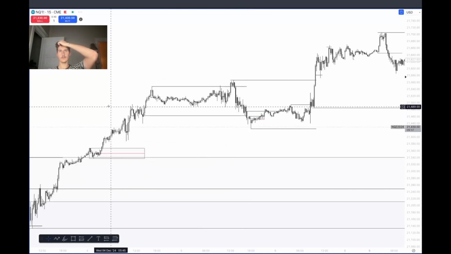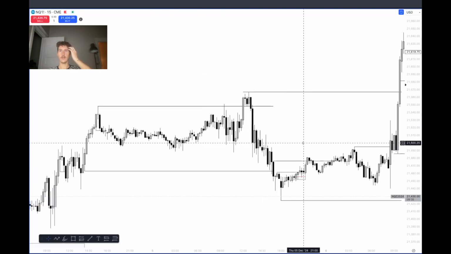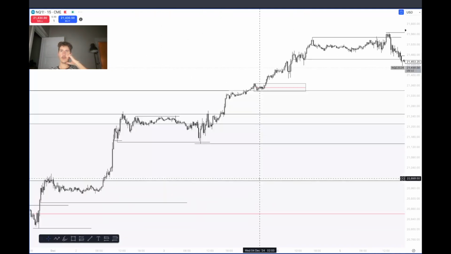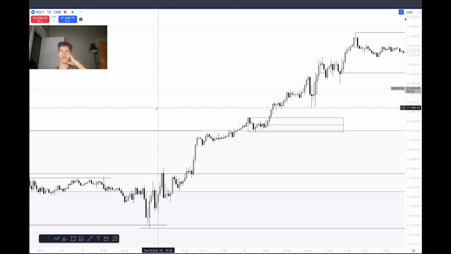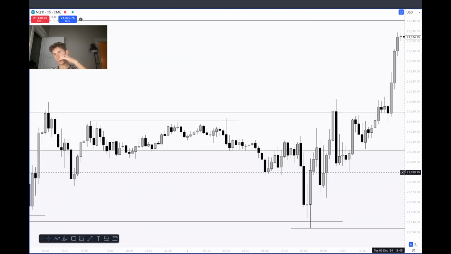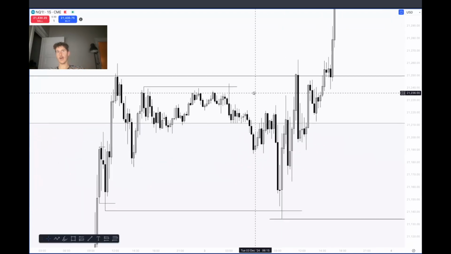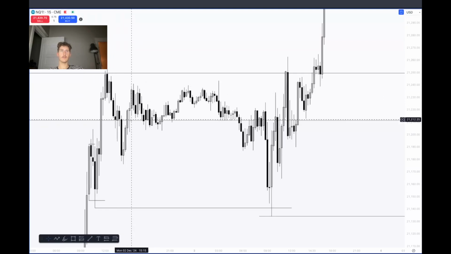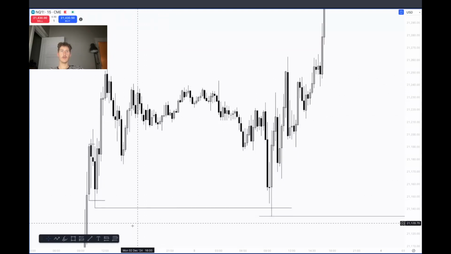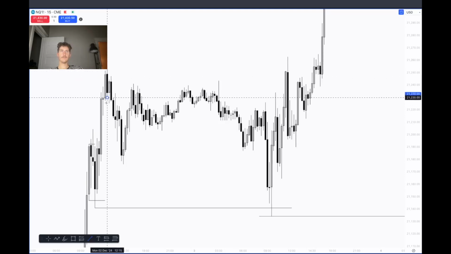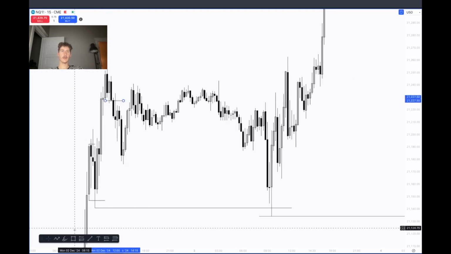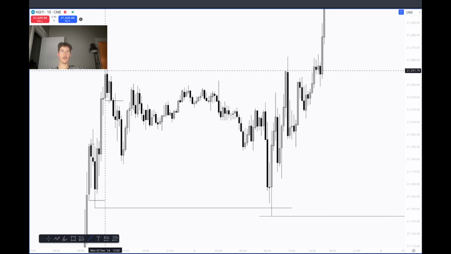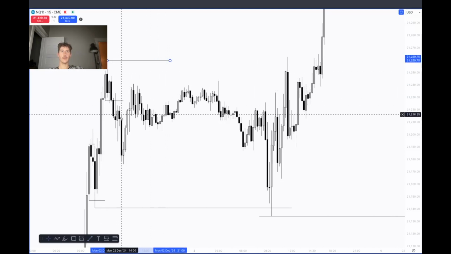Let's go to the 15-minute, talk about the same example or the same scenario. Talk about lows on the 15-minute. Let's talk about this low right here. So first of all, how can this be a low? Because this is a valid high. How is this a valid high? Let's just go ahead and get rid of all this. How is this a valid high? Because we've gone and closed underneath this big bearish candle or bullish candle that brought us up here. We cover our way. Then we've got a low, we've got a high, we've probably got a low here and